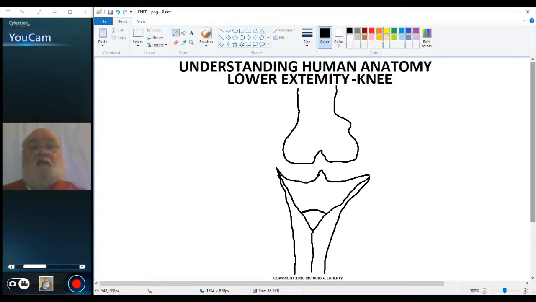And lastly, we'll draw in the fibula, or the head of the fibula,